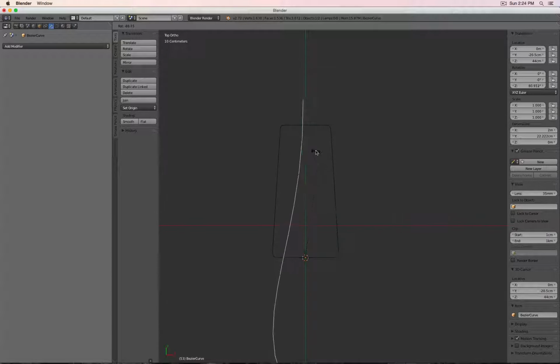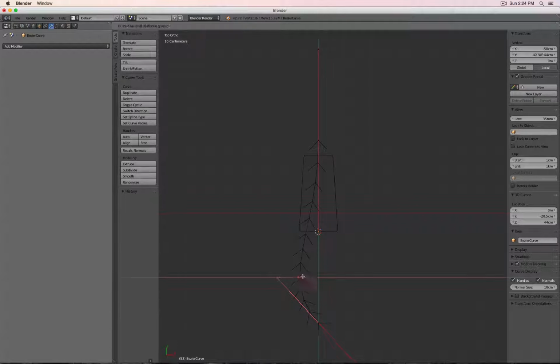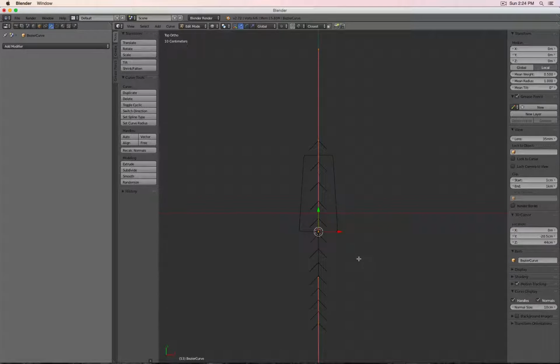I rotate this curve a little bit, maybe -90. Going to edit mode, move this one down, A A, and set my pivot point to 3D cursor, S X and 0. So I actually lined up all these handles to be